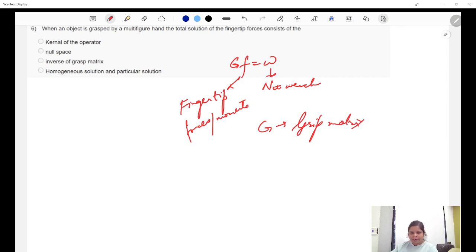F is the vector of all the contact forces, and W is the desired net wrench on an object. So this is a linear equation of the form AX equals B. Right? The general solution to this is